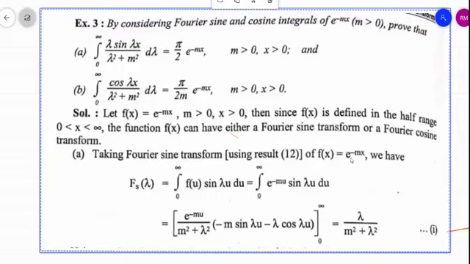Since f of x is given, so we can easily find f of u by replacing x by u. We get such type of integration, and we know how to solve such type of integration where product of exponential and sine function. So with the help of this integration formula we get this equation, and just substitute the upper limit.